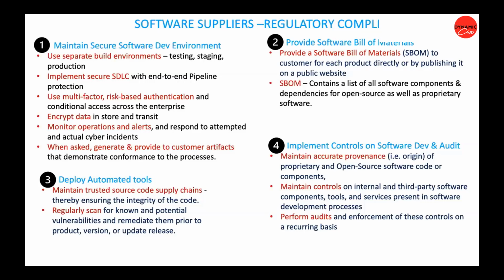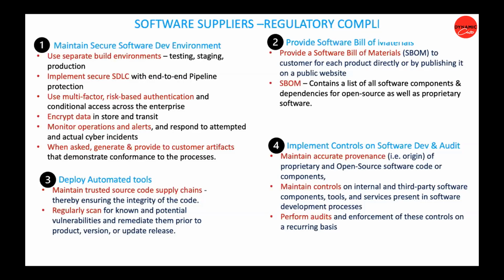When software is developed, it first is put into a staging environment. From there, it goes into the testing environment, and then finally goes into production. Then they all are supposed to implement a secure software development life cycle and end-to-end pipeline protection. We will see in this presentation a little later what these are. And these are my experiences, which I have implemented in Nissan, so you'll see some automation and other things that we had put in Nissan for